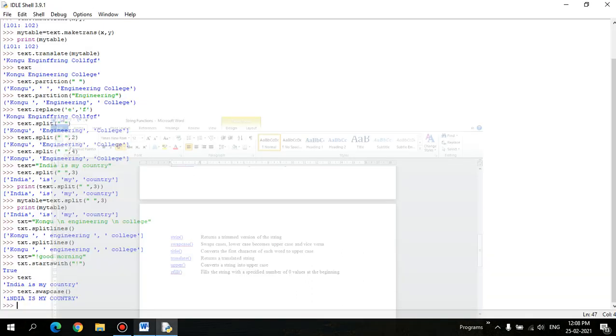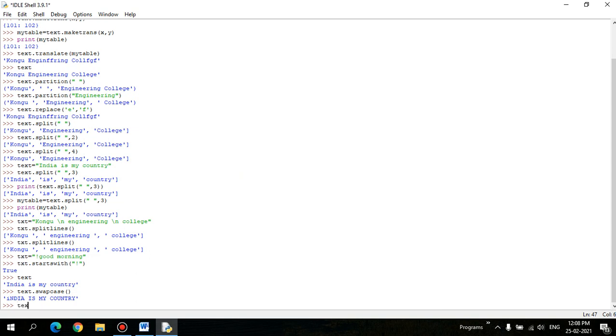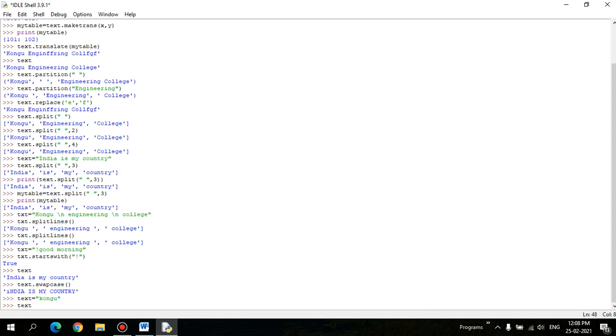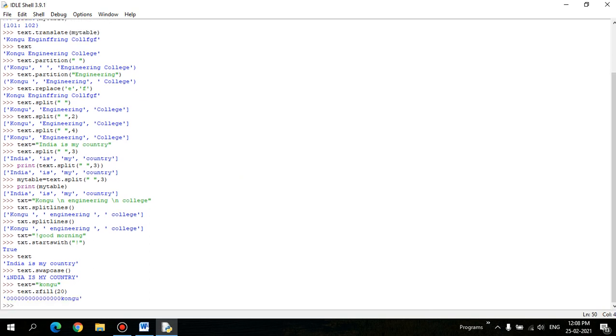And zfill is another function, right. Let's take text equal to this Kongu as the string, and text dot zfill. It accepts a certain width. Let's take 20 as the width, and it will be filled with 0, right. You can change it to any value, in the sense that it can be filled with 0 or with any other character that is user defined, right. So zfill is nothing but, with 20 width, 5 characters will be occupied by your string and the rest of the characters will be occupied by 0. By default it goes with the 0 value, right. So that is the working mechanism of zfill.